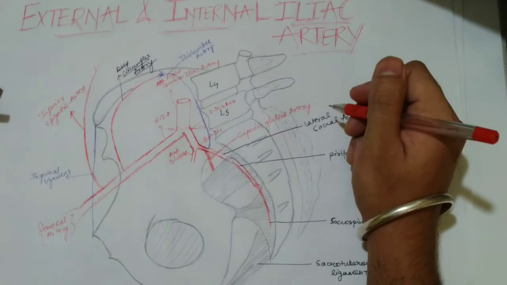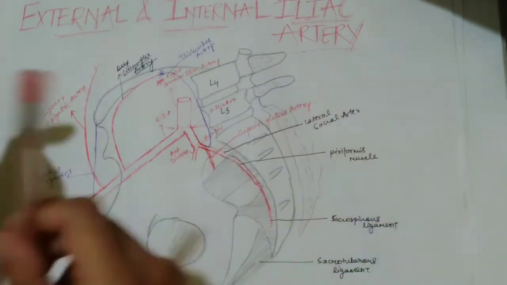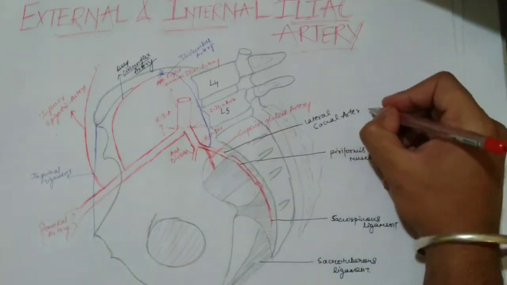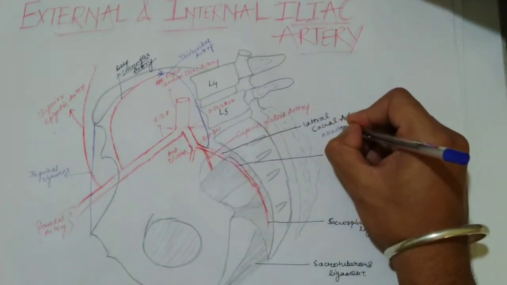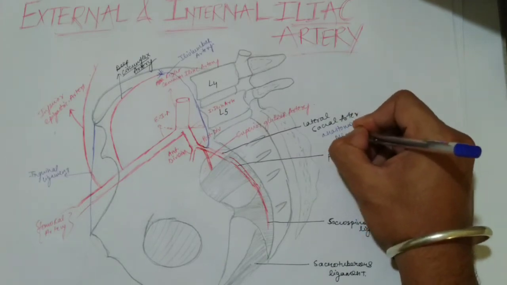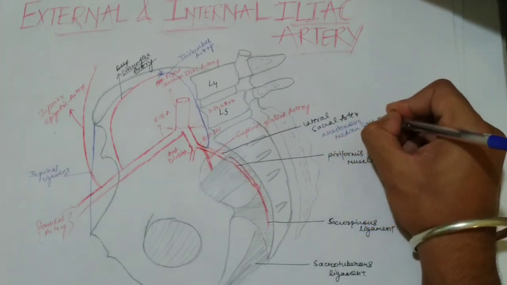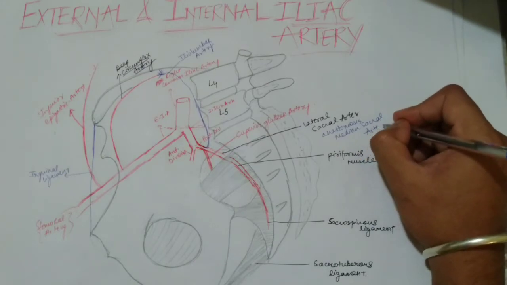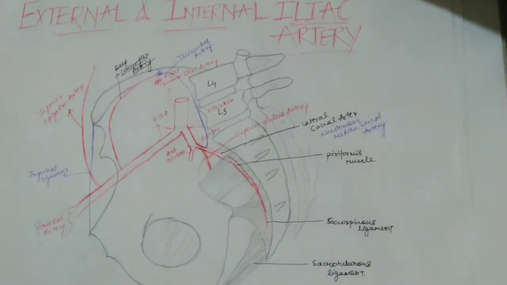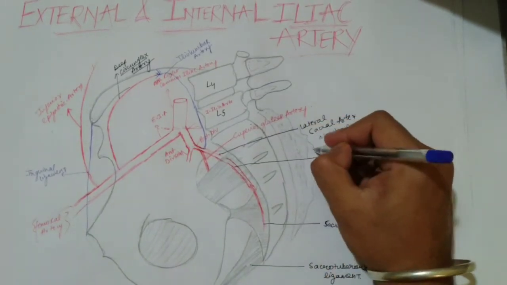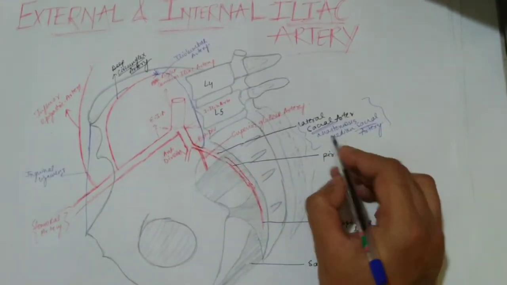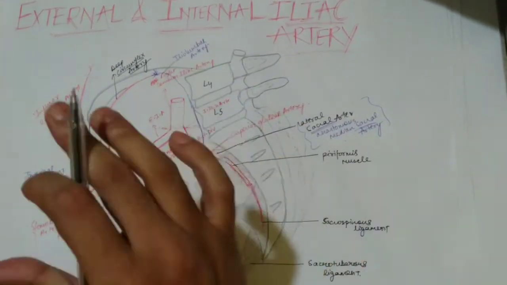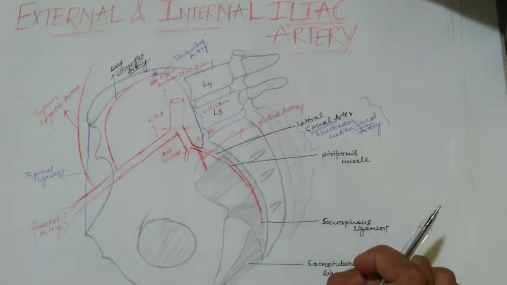The lateral sacral artery has an anastomosis with your median sacral artery, remember that. The median sacral artery is a direct branch from the dorsal or posterior side of your abdominal aorta. We have discussed this in our abdominal aorta lecture. So remember, there is an anastomosis between these two arteries in the region of your sacrum. One is from the medial side and the other from the lateral side, and they both anastomose in the region of your sacrum. Now we will see the branches from our anterior division.